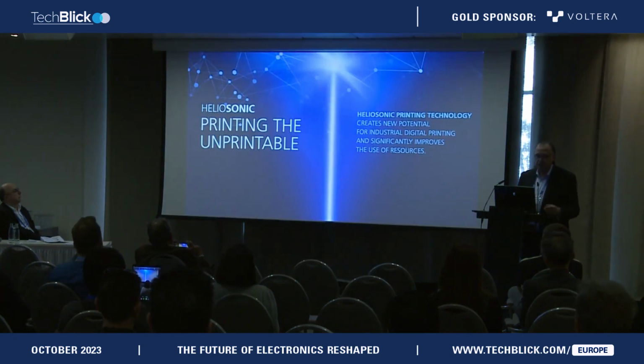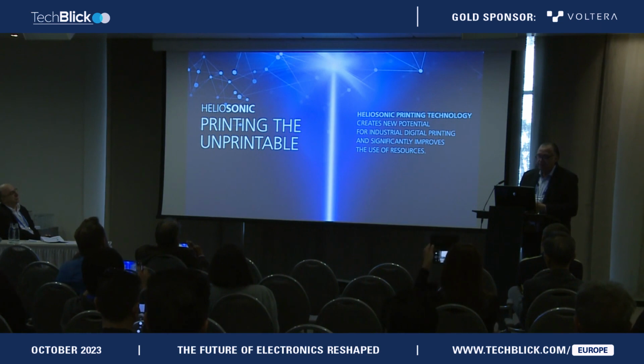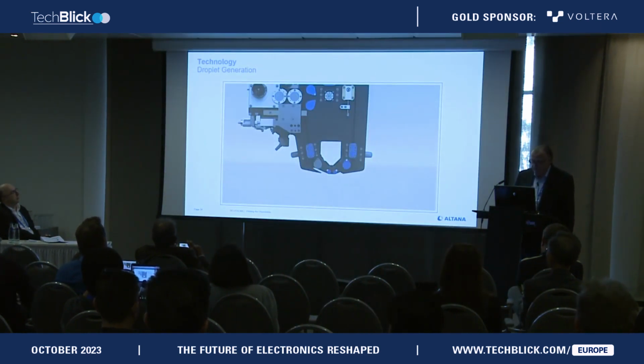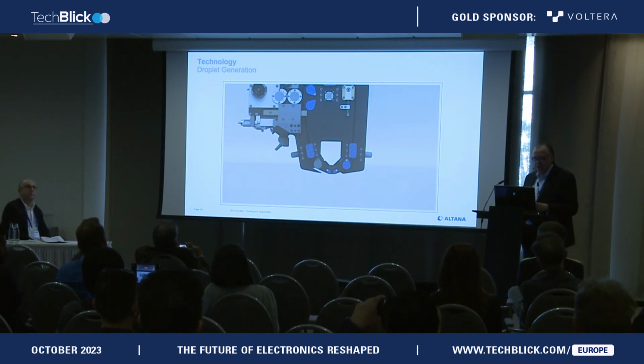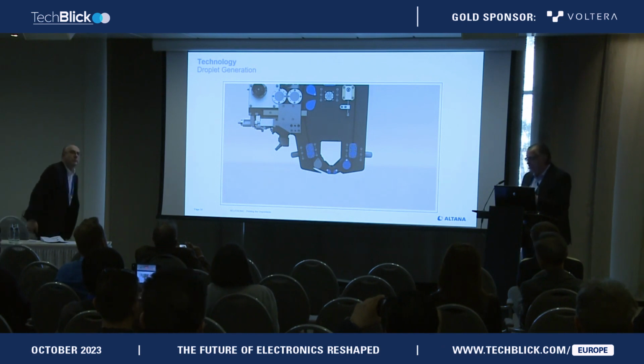So at Coatema, we're working with Heliosonic. That's a startup company from Altana. And here we're looking to print the unprintable. So here we're looking into higher viscous media, which are basically, and hopefully the video is running. Yeah, so it's not running, but basically we're shooting a laser through a donor system,